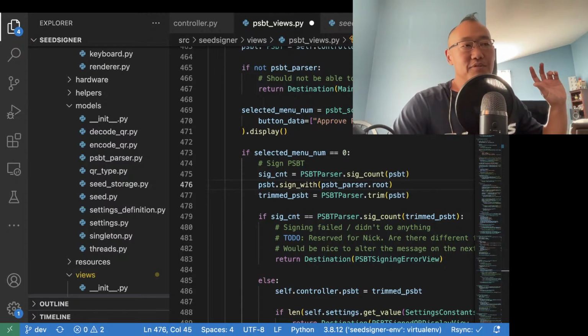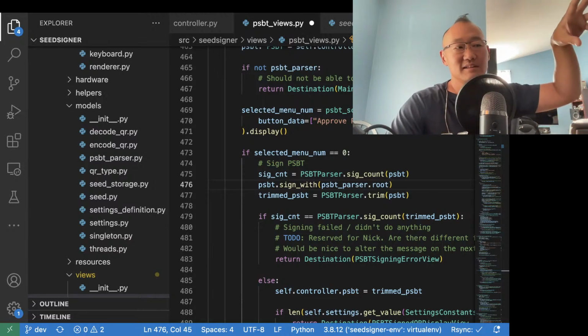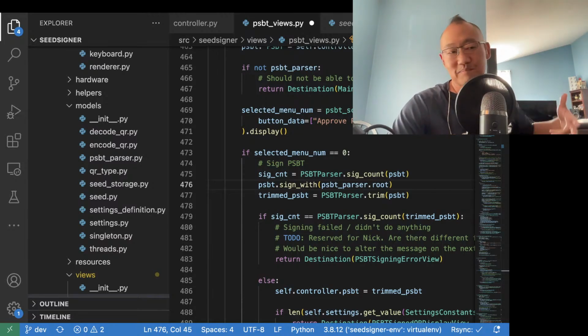I've thoroughly used Mbit for so long now in Spectre Desktop, in Spectre DIY, in SeedSigner, running through the test suites that sanity check,